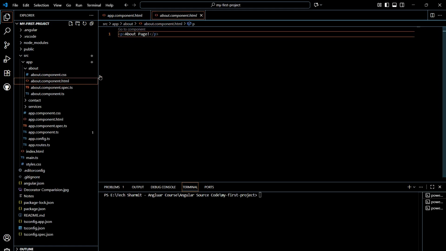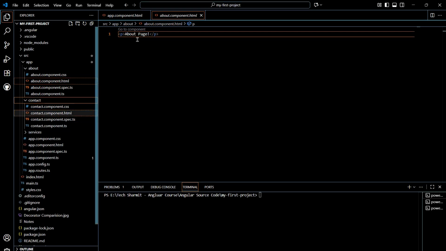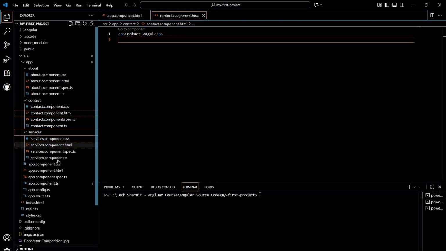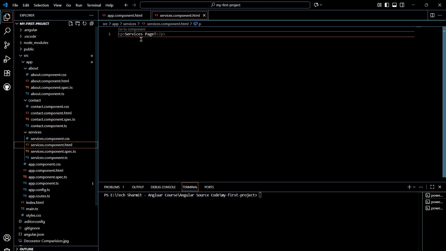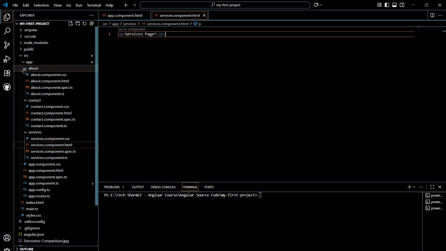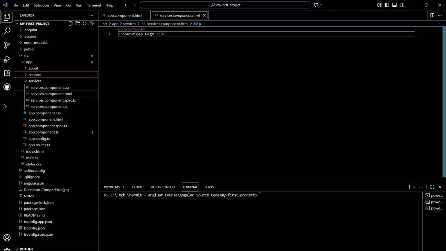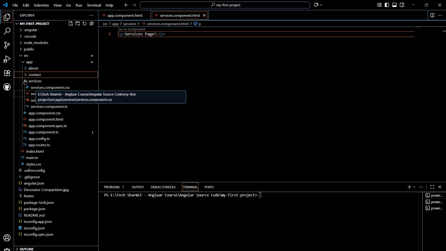So in about component.html we have just noted down the about page. Similarly in contact we have mentioned the contact page. In the third one, this one, here we have the service page. So we have three pages, right? In each component we just added this pages thing. So whenever the user clicks on these links of these components, it will show them the about, contact or service